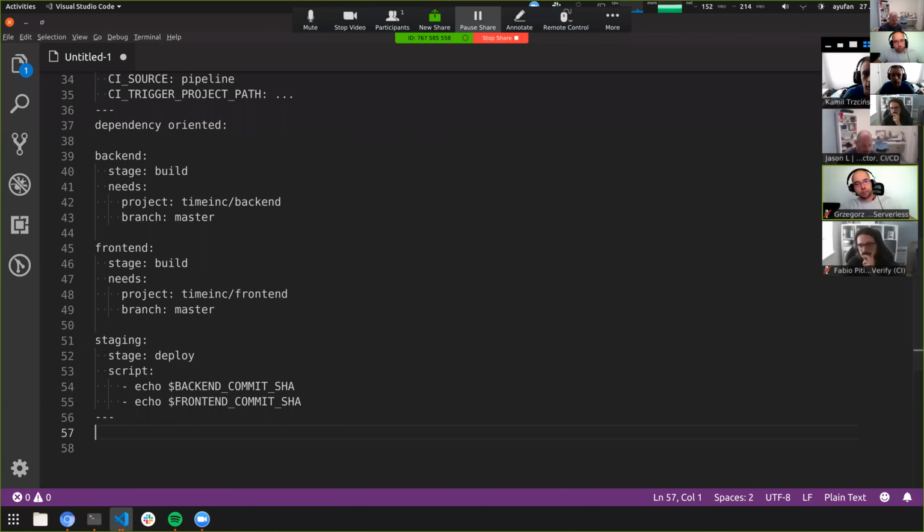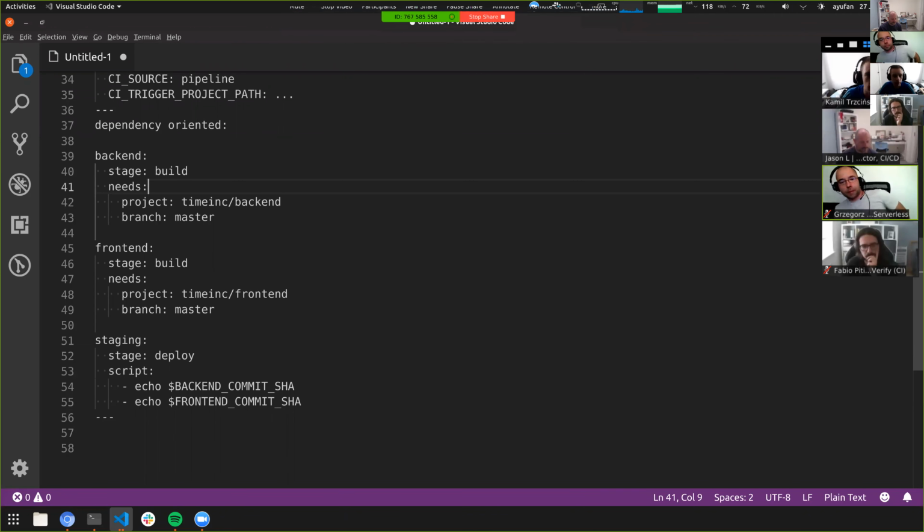So basically this approach was really a stopgap for a more dependency-oriented one, because technically, if we trigger downstream projects, it would allow us to hook to the currently running one. But there is a usage pattern for that.